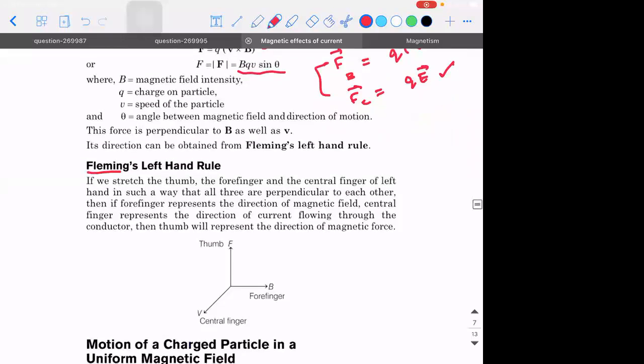Next is, what is Fleming's left-hand rule used for? It is mainly used to calculate the direction of the force experienced by a current carrying conductor. So how do you do that? You extend your forefinger, the central finger, and the thumb mutually perpendicular to each other. Of which hand? Of your left hand, mutually perpendicular to each other, such that the forefinger represents the field, the central finger represents the current, then the thumb represents the thrust, which is nothing but the force, right?